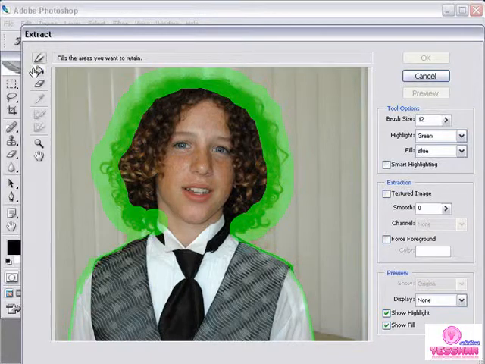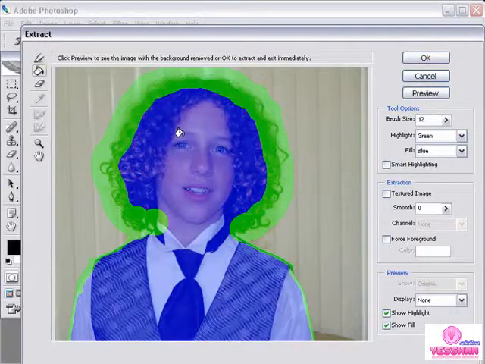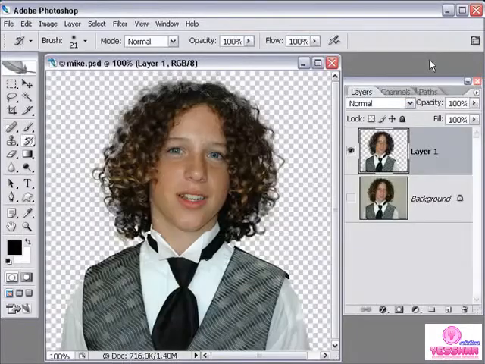Now in the past I spent a lot more time tweaking and fixing and making sure it was just right, but now I just make sure my highlight looks pretty good. I take the paint bucket and fill the middle part. You end up with a blue middle with a green highlight, something like this. And then we click OK, and he's extracted. Now you can see it's not bad, but there's certainly parts of it that aren't great